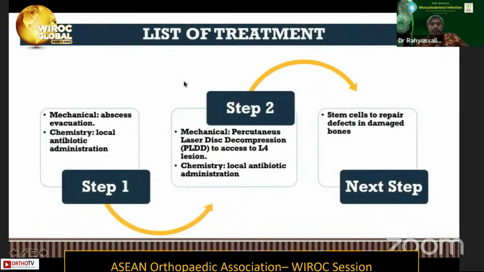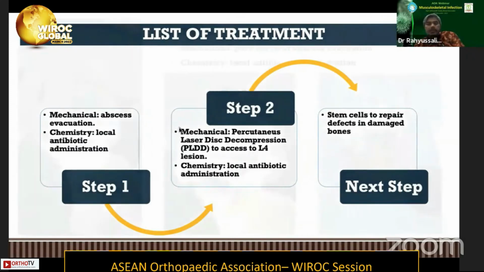And we make a list of the treatment. Doing the mechanical approach, abscess evacuation, chemical, we do local antibiotic administration. Sorry, this is not percutaneous laser, this is percutaneous aspiration of the abscess, and we give local antibiotic that we put on the abscess, and the next step, we should repair the defect